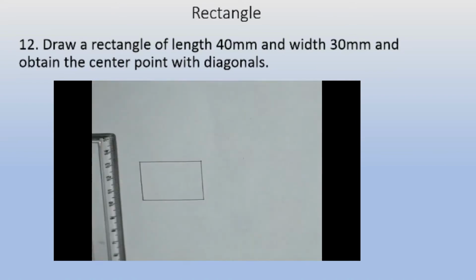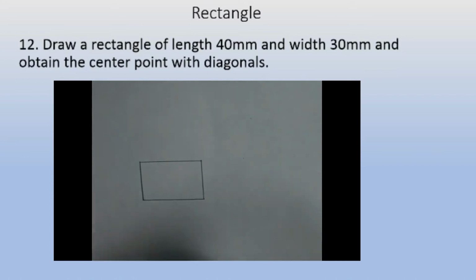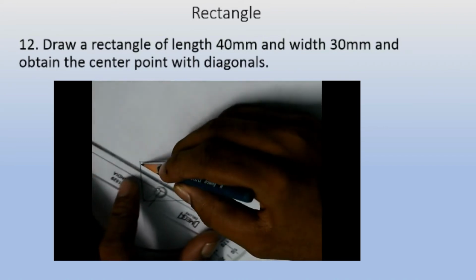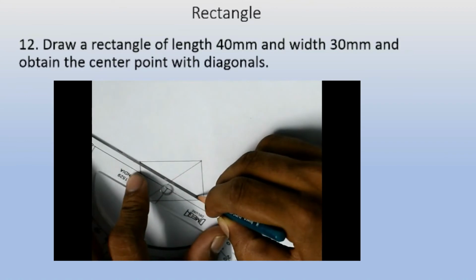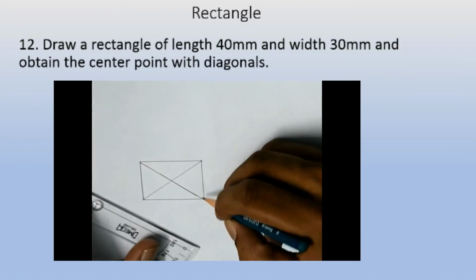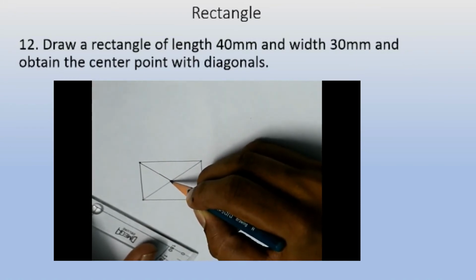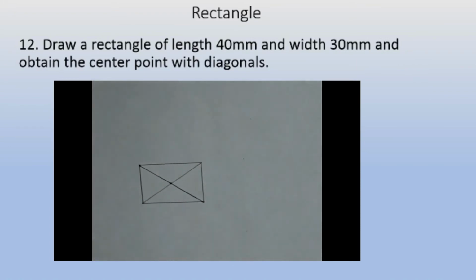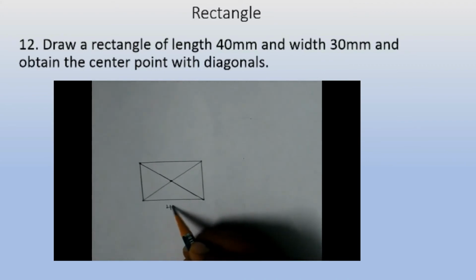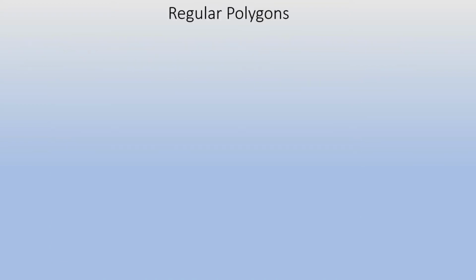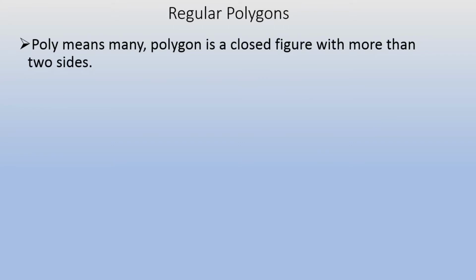So we can easily place the center point of this rectangle, but here it's best practice always to take diagonal lines to mark the center. As you can see here, by just drawing these two diagonal lines, I have got the center point here, and this is the easiest procedure to get the center point always. So I'll just dimension it. I am not dimensioning it properly. I'll do it later. So now we will see about polygons.